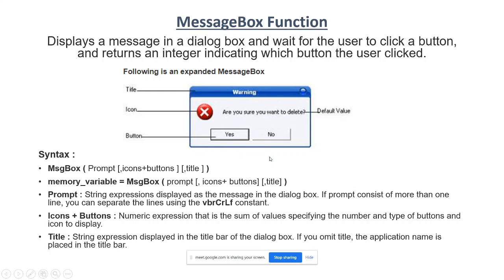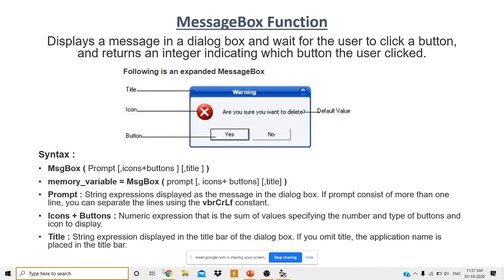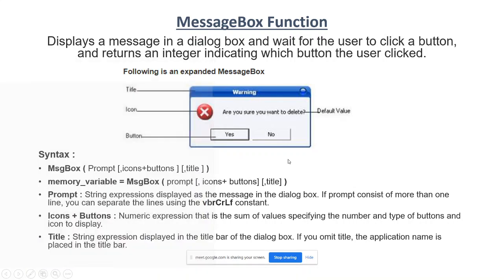Now I will demonstrate how the message box appears when you run the application. In this default message box, some of the properties or arguments of the message box have been changed, hence it looks like this. Here we have the icon, then the title bar of the message box, then the text string of the message box, whatever string you want to display. Then we have the buttons.